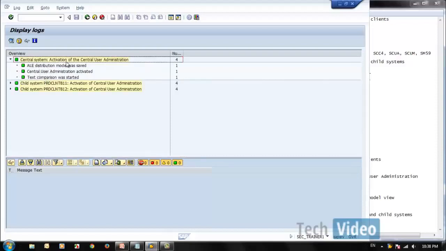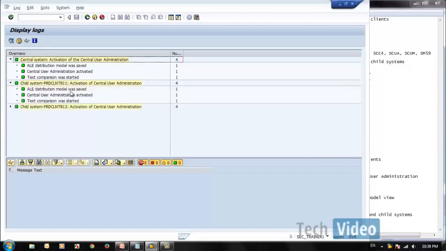Now you should get all of this green, then the CUA is done correctly. If you see, the central system activating central user administration, the distribution model was saved, central user administration activated, test comparison was started. The child system distribution model was saved, central user administration activated, test comparison started. All this activity should be green.